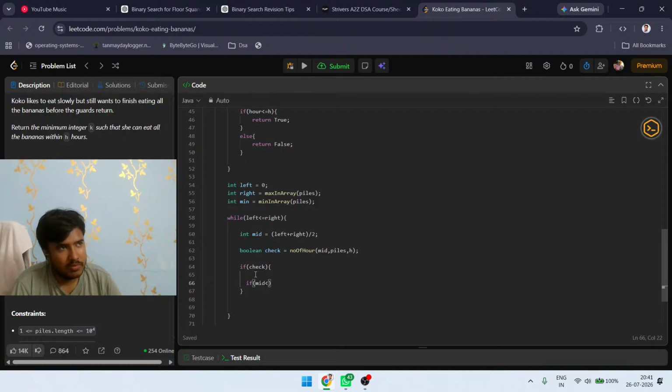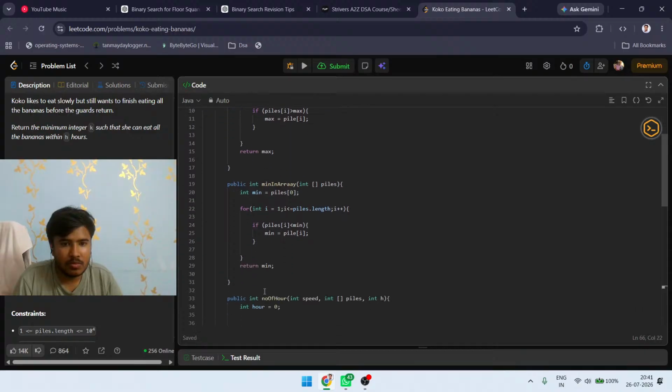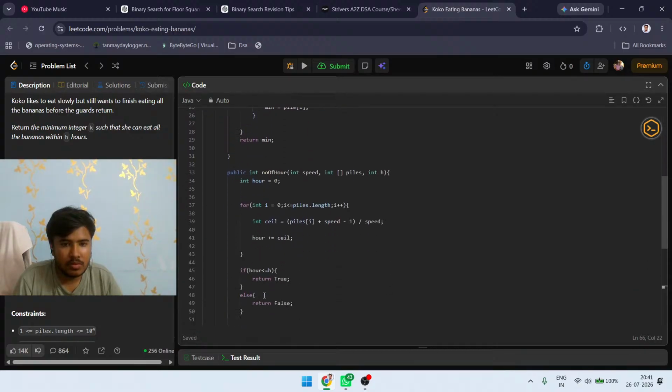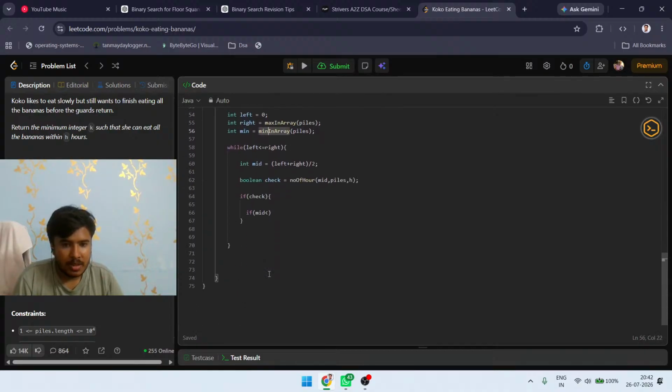If it is true, then it consumes less than. Now, if mid is less than the minimum, mid is less than the what? Mid is less than the minimum. If mid is less than minimum,